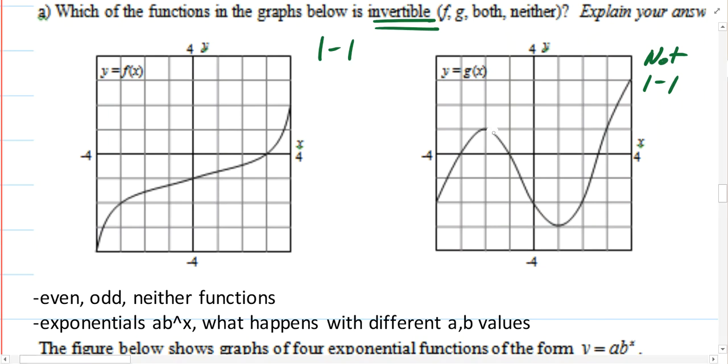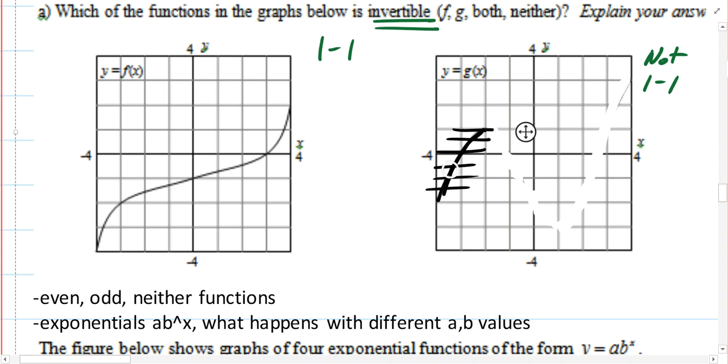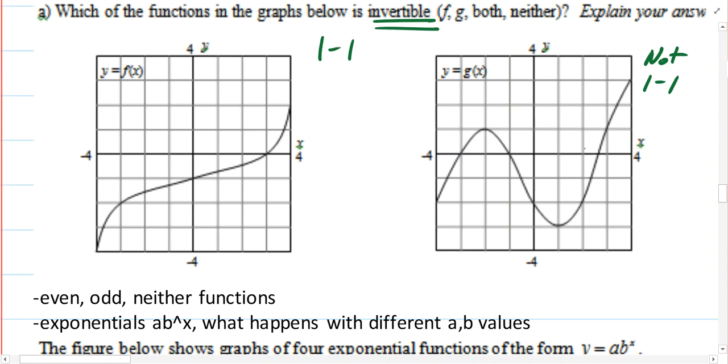If we had limited this graph, let's pretend this portion of the graph didn't exist, and we only focused on this one instead, well, this portion of the graph is invertible. By restricting the domain, we can find a section of it that does pass the horizontal line test and therefore would have an inverse. So we could find an inverse function for this component of the graph, but that's not really what this particular question is asking. We would say that f of x is invertible because it is a function and it passes